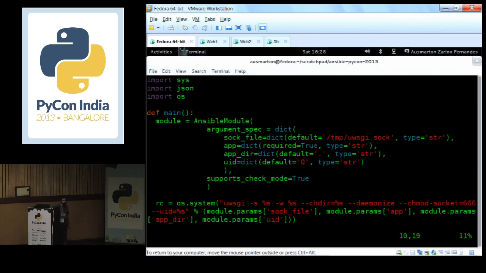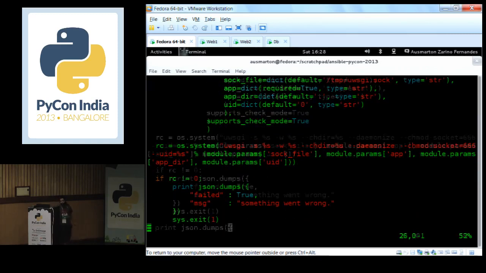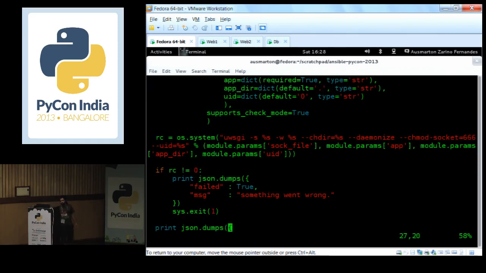Like the yum module has something like this defined for the state variable and for the name variable. So this is how you pick up those parameters, and then here I run the uwsgi command, replacing all the parameters which I have. I'm not really doing any kind of exception handling in this. This is a very basic example of how a module should be written.